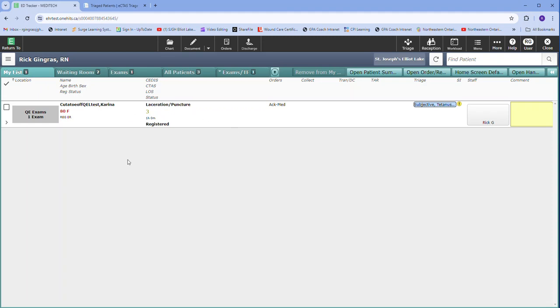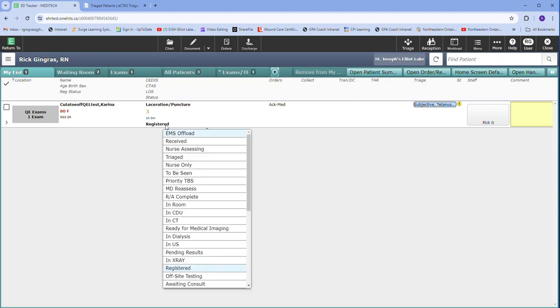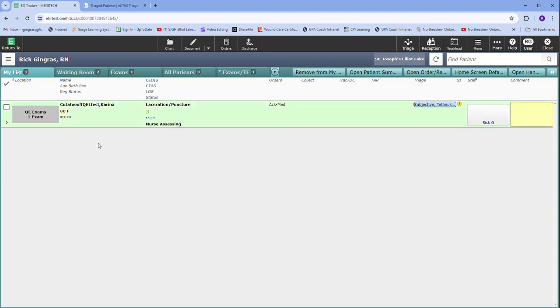So I brought my patient in and I'm ready to do my initial assessment. What I'm going to do here is change the status of that patient to, what can I put here? Sorry, I wanted to have nurse assessing. That's what I want. So my process is going to be nurse assessing. That way, when people look at the status board, they'll know that I'm in with that patient. Okay, then I'm going to go to my work list here